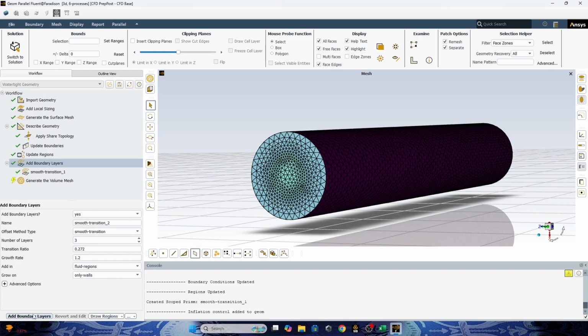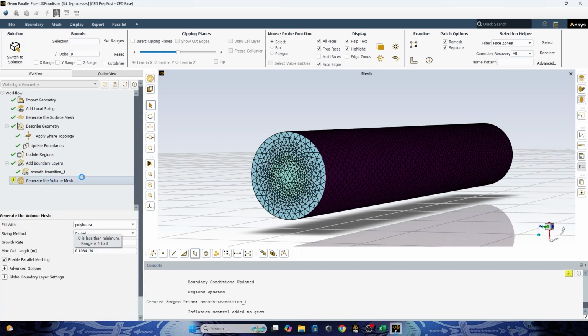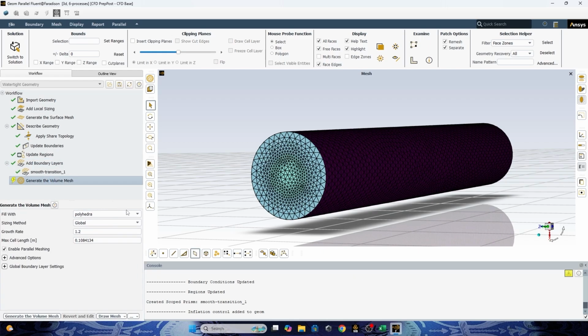Okay, just add boundary layer and then go here again to generate the volume mesh, to mesh the volume of your geometry. I will use polyhexcore because this is the best method for the volume mesh for our geometry. And then generate the volume mesh, and the software will do the meshing.